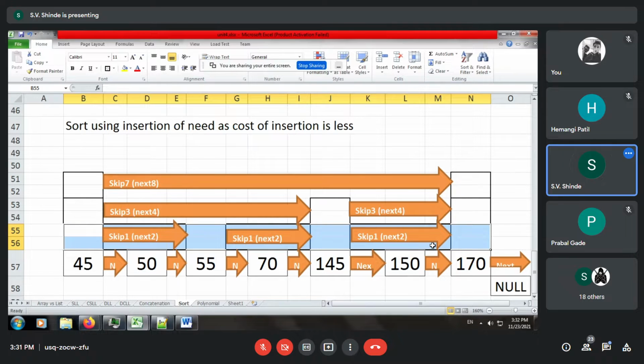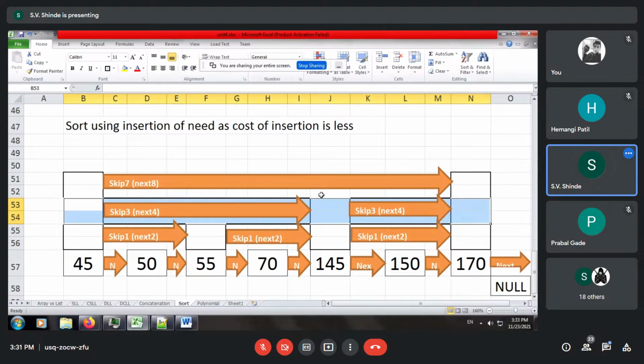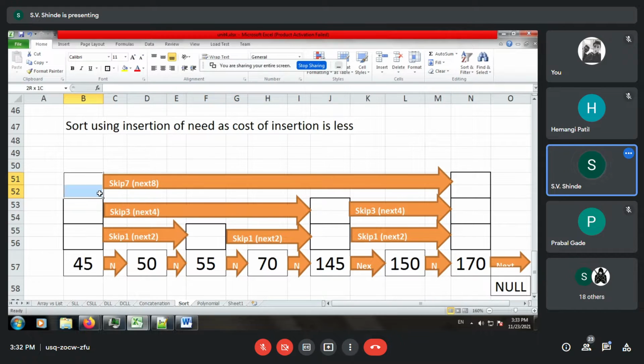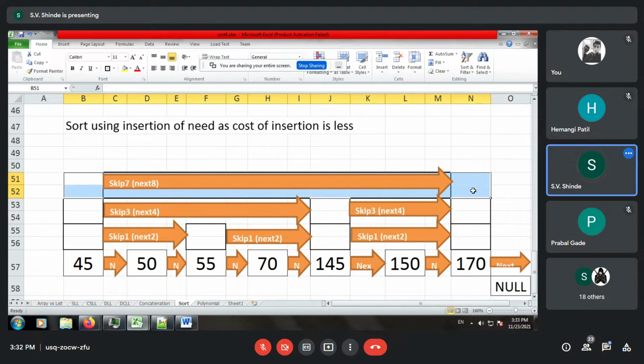Then we have the next level, that is skip 3. You can see this skip 3 which is highlighted. So it is directly connecting the fourth node. So you can see this, it is skipping 3 intermediate nodes, and it is directly connected to the end node after this. And above that we can create a skip 7. So intermediate 7 nodes can be skipped.